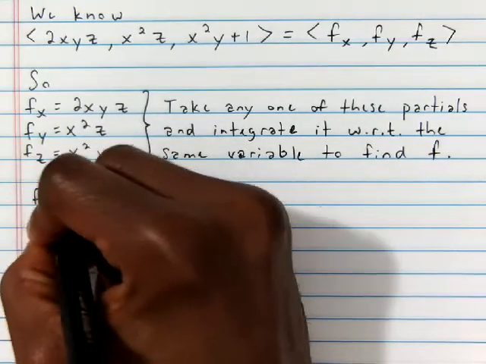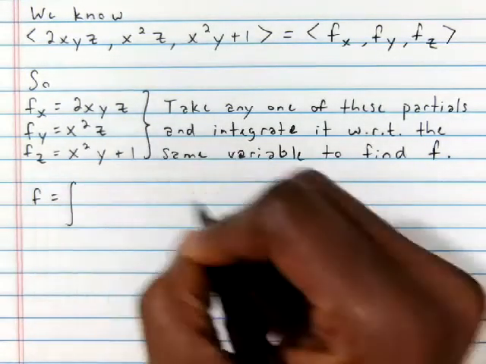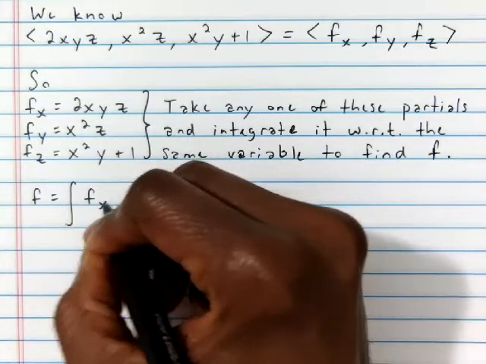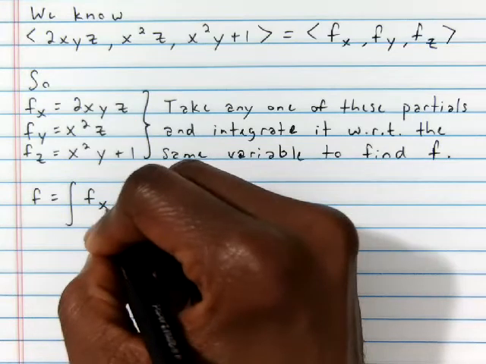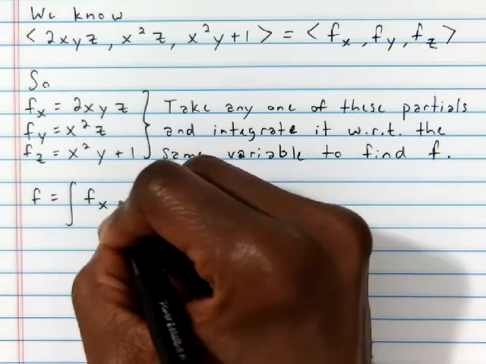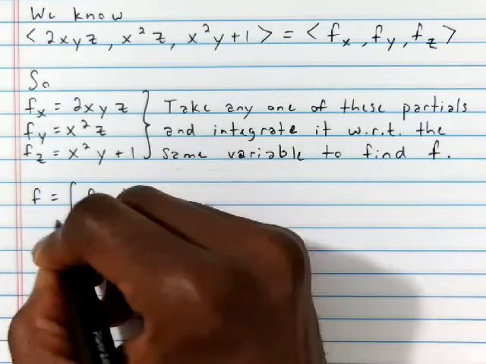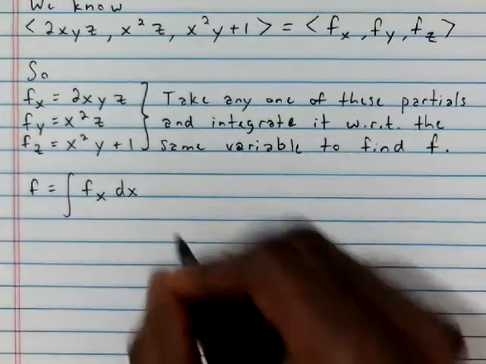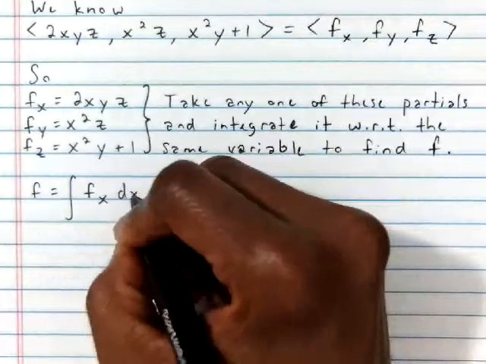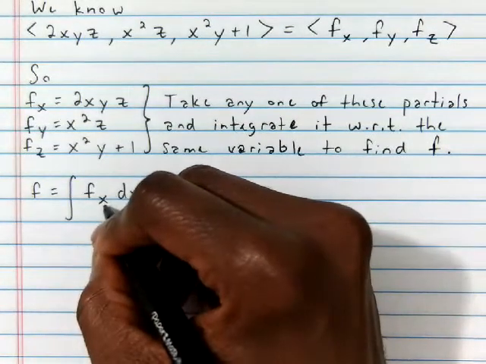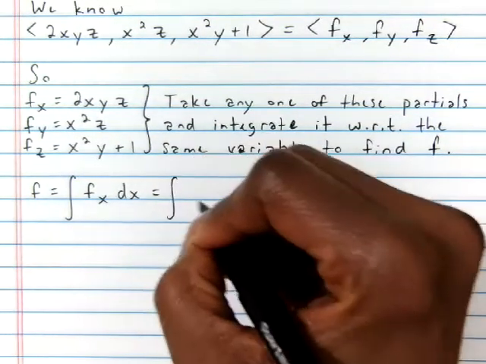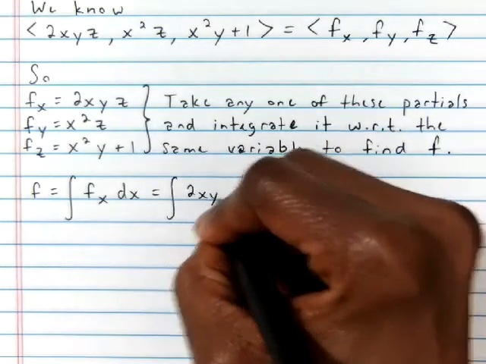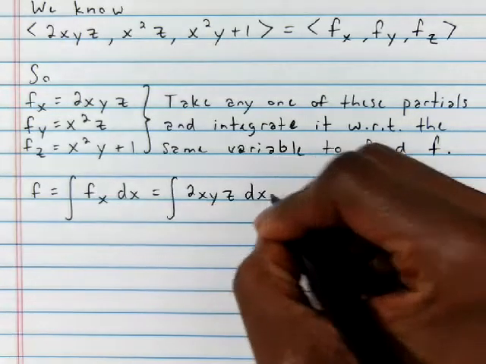So f would have to be equal to f sub x, this, because this is the derivative with respect to x. If I integrate the derivative with respect to x, if I integrate that with respect to x, that would just give me back f. So make sure you integrate with respect to the same thing you see down here. So for us, that ends up being the integral of 2xyz with respect to x,